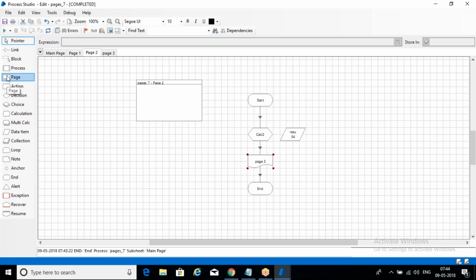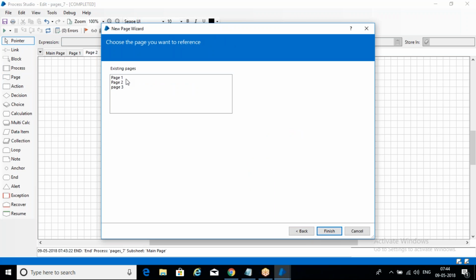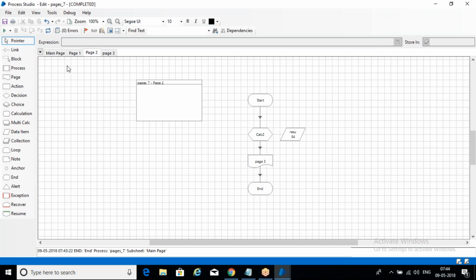In a sub page, if you drag and drop here and create a reference, can you see your main page? No, right? Because you can't create a reference to your main page. It means you can't call your main page in your sub pages. Okay. Now just run